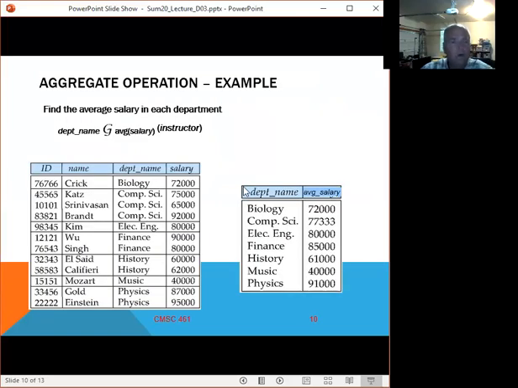Here's an example where we're doing a group by. Notice the syntax, department name, the column that we're grouping by, is to the left of the gamma operator. And then we have the aggregation function we're going to apply to the right. And in parens for the aggregation function, we have the column we're going to apply that function to. And then finally at the end, as we have in all of our relational algebra expressions, we have the table we're doing this on. So for department name, we'll take instructor,